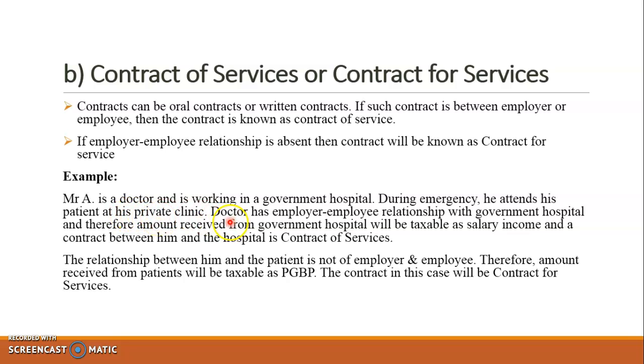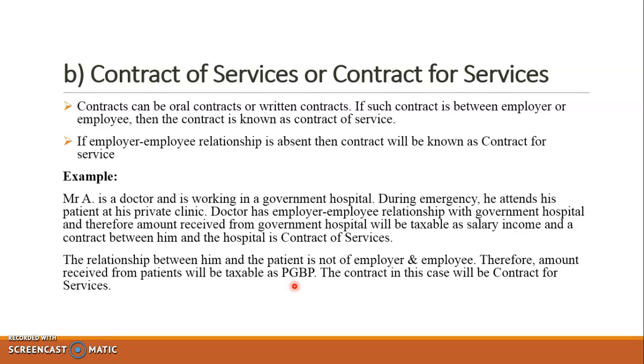Now the doctor has an employer-employee relationship with the government hospital, because the government hospital is the one who has employed that doctor. Therefore, the amount received from the government hospital will be taxable as salary income for the doctor, and the contract between him and the hospital is a contract of services. The relationship between him and the patient is not employer-employee. Therefore, whatever amount is received from patients will be taxable as PGBP, and the contract will be called a contract